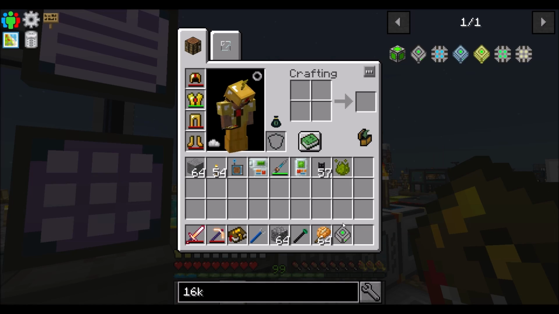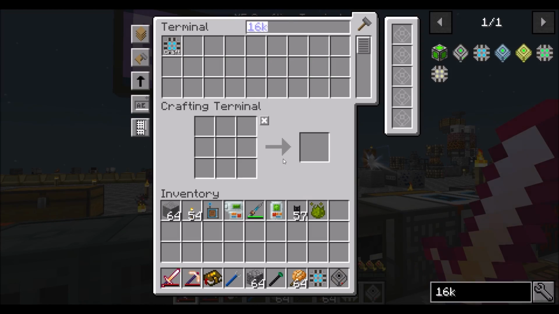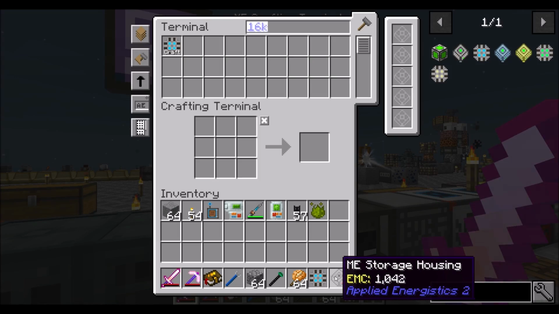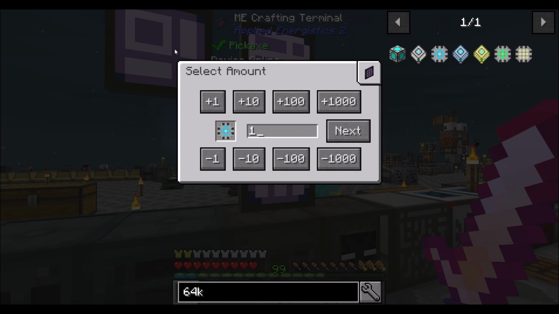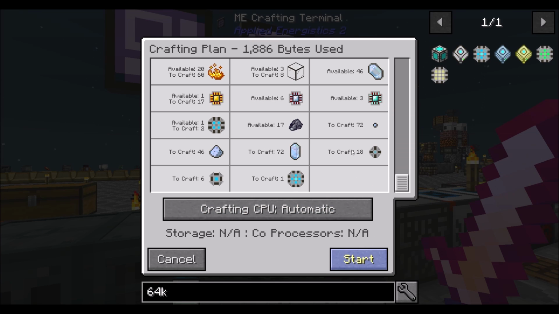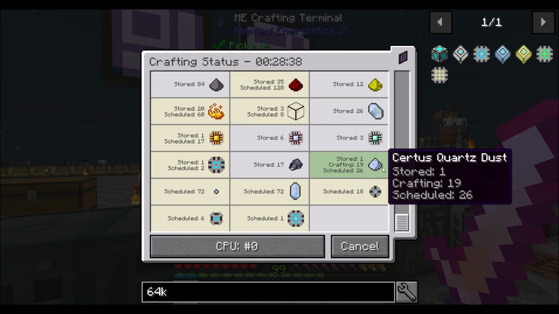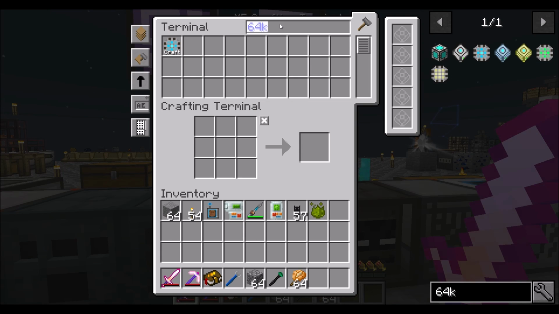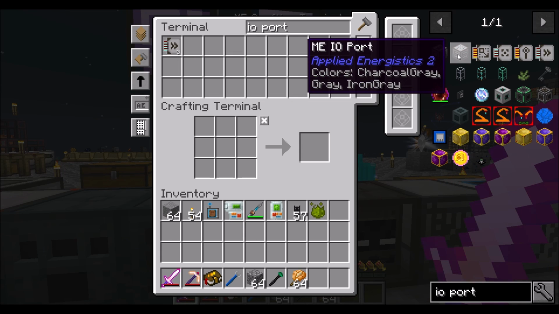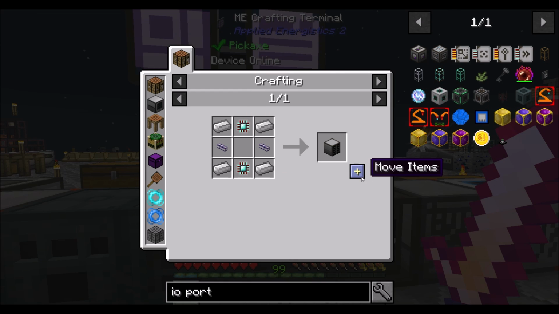And then I'll do 64K, but you can shift click this thing if you're not standing on an elevator. Well, I guess you can if you are standing on an elevator too. But we're gonna put the 64K storage component as the next task, right? So let's come back in a minute when that's done crafting. And then what we're gonna do is use that. Let's also get the IO port also. You know what, while that's crafting, we can just make the IO port, the ME IO port, right? So we're gonna need